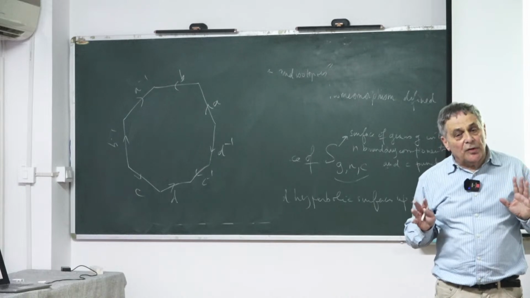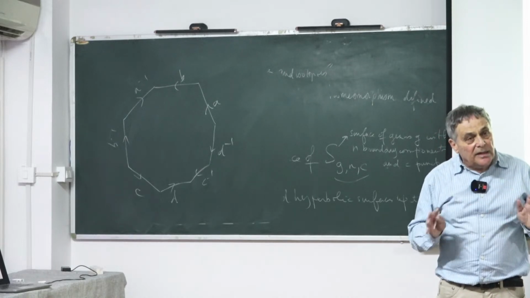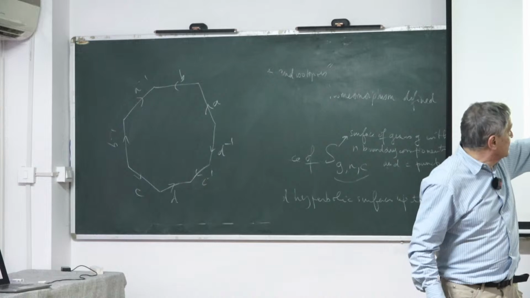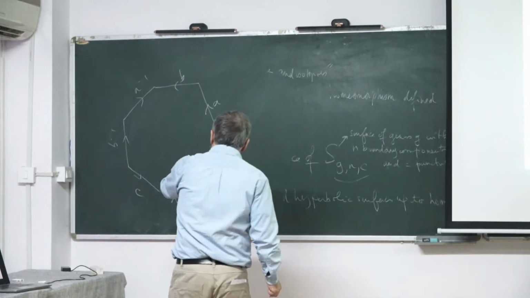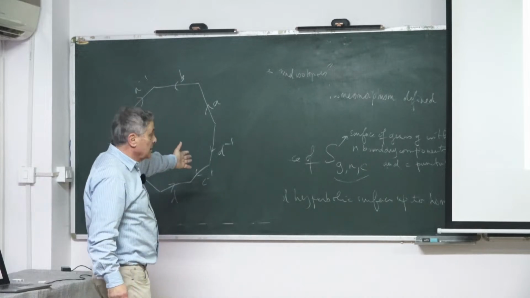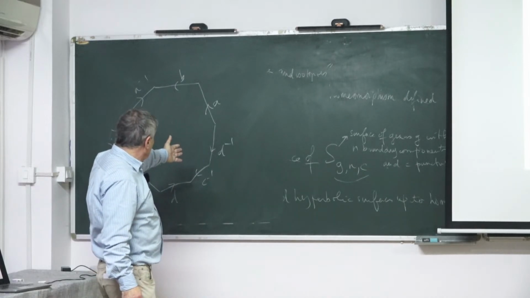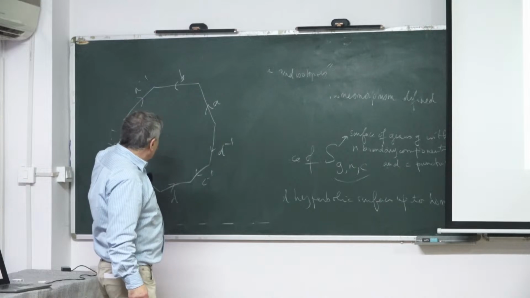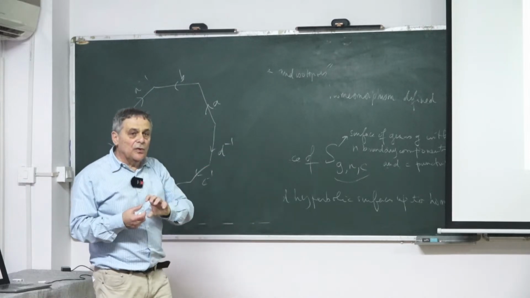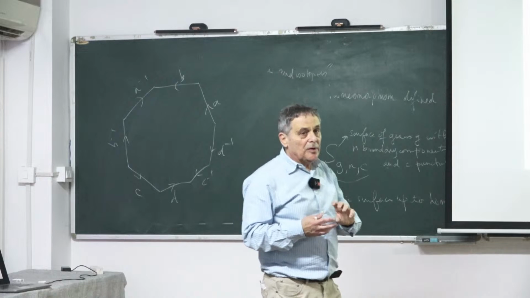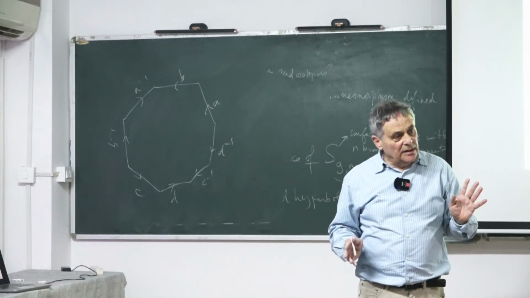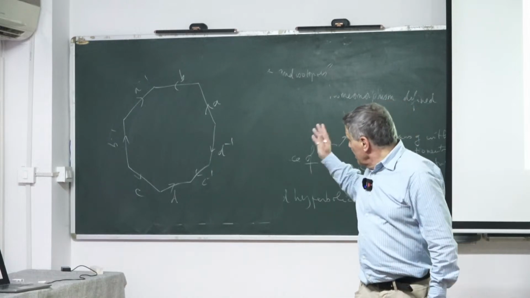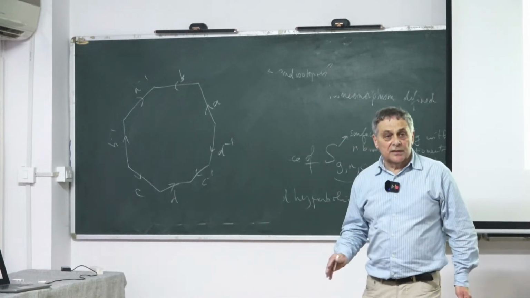We did this for hyperbolic surfaces, but now it's not hyperbolic. We are talking just about topological things. So I take this Euclidean octagon, and I do my gluing. I know that I will find a topological surface without boundary of genus 2. Okay? Now, when I have this method of constructing the surface,